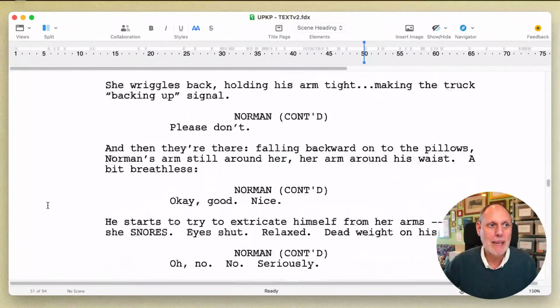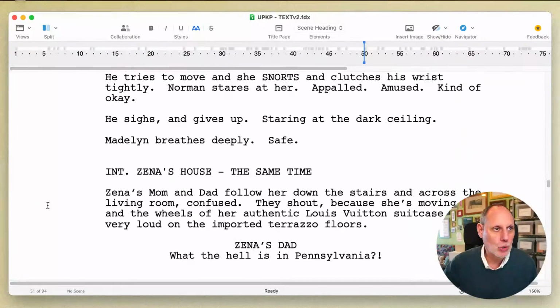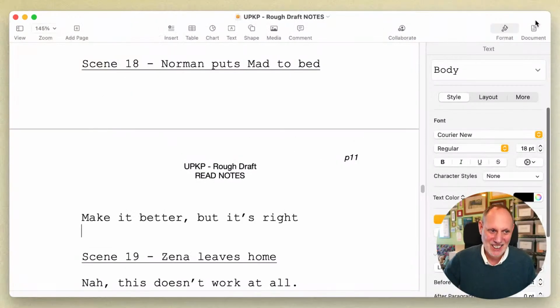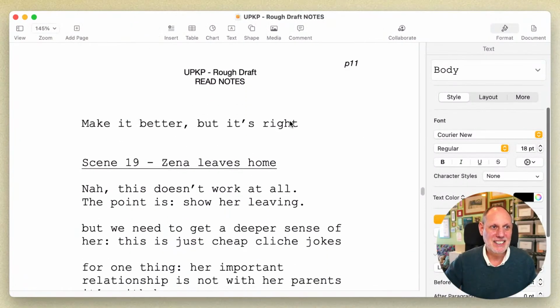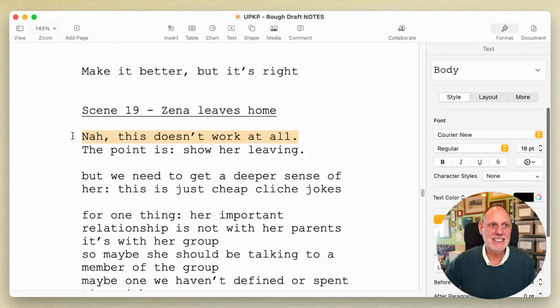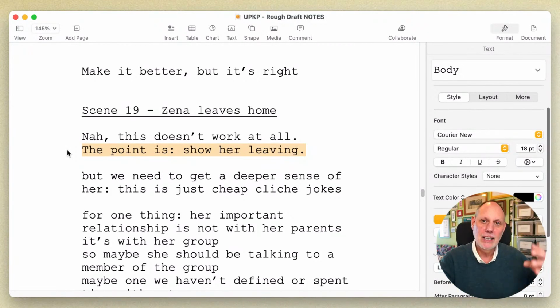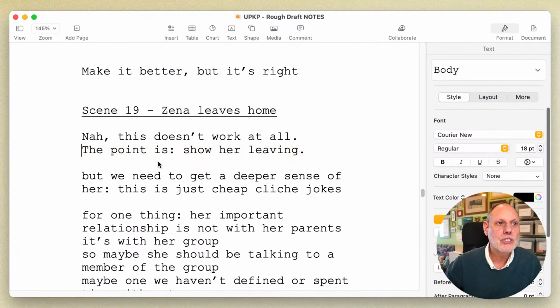But the basic idea of this scene is okay. Now, the next scene, I remember well, this doesn't work at all. The only real point of this scene is checking in. We just have to show that she is heading east. She lives on the West Coast. She has been told that things are going horribly wrong for her plan, and she has decided to jump on a plane. So that's all this scene is about.